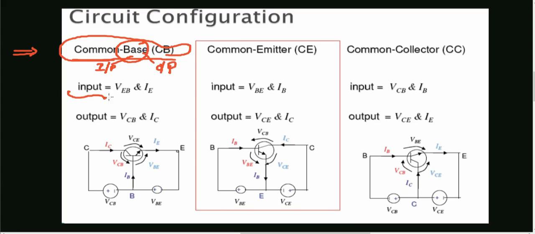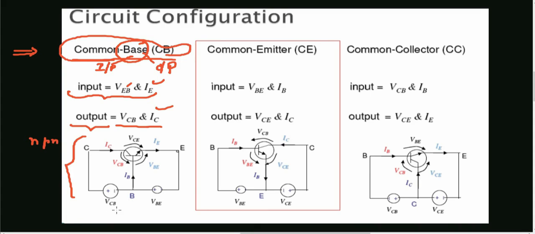Here it is shown that the input is VEB, since the base terminal is common. That is the voltage between emitter and base, and the input current is IE, the emitter current. The output is VCB, and the output current is the collector current. And this is the diagram of an NPN transistor, which is shown here